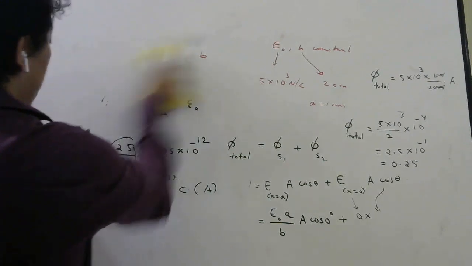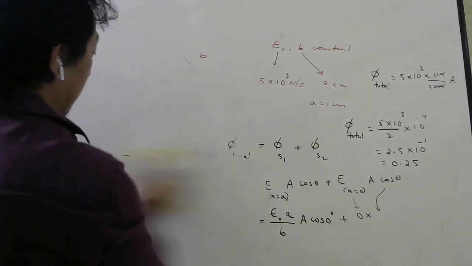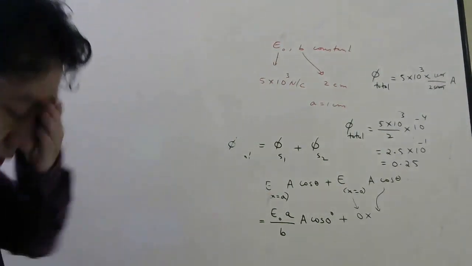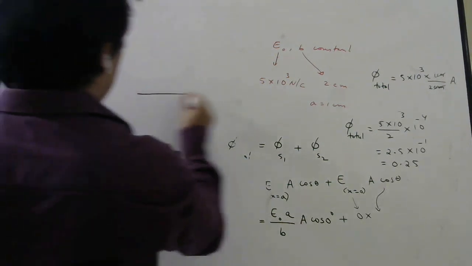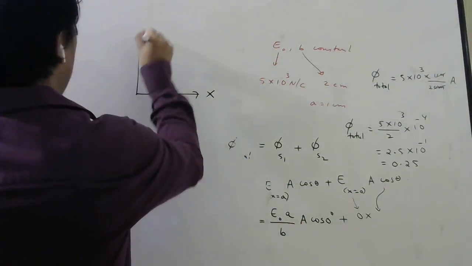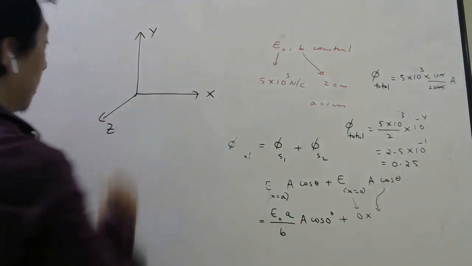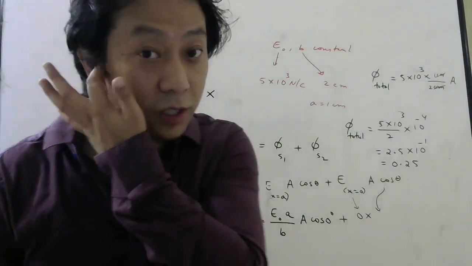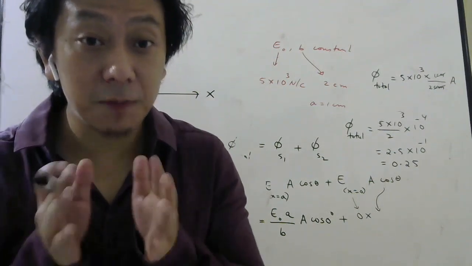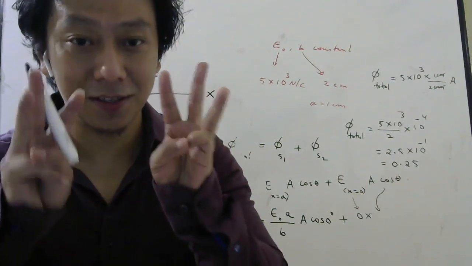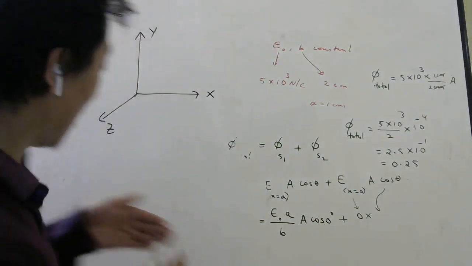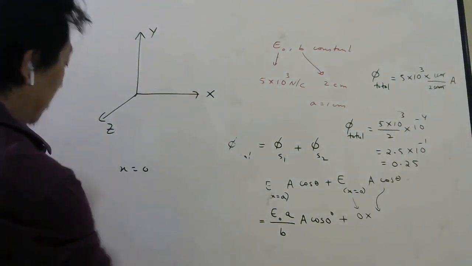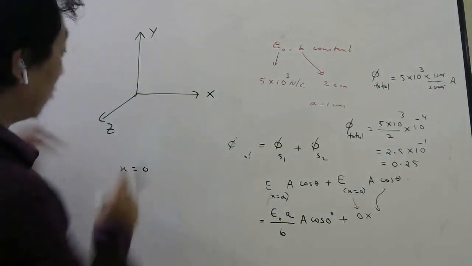If you want me to revise this problem quickly, first understand that the x-axis was here, y-axis was here, and z-axis was here. They told there is a cube here. Now, how to draw the cube? You have to read the question. They said the cube is bounded by six faces, and each face is given. One face is x equal to 0. So x equal to 0 means this point.